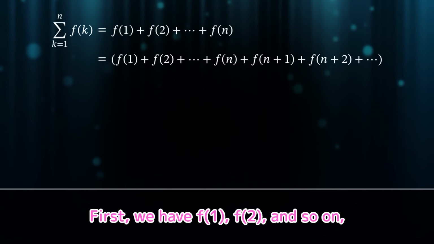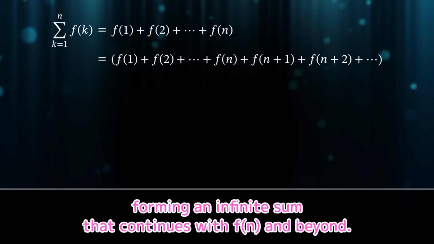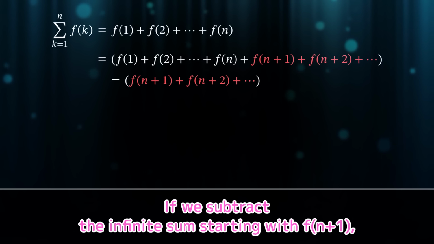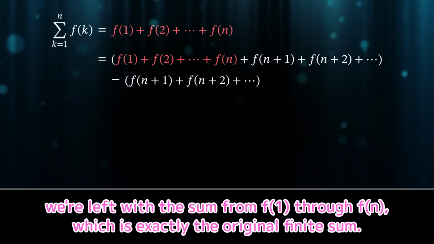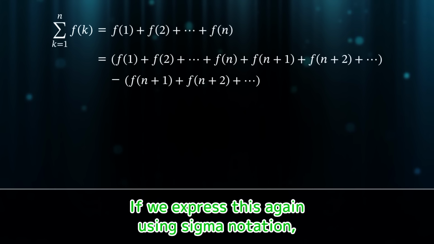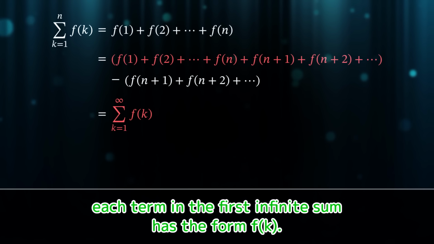f of 2 and so on, forming an infinite sum that continues with f of n and beyond. If we subtract the infinite sum starting with f of n plus 1, we are left with the sum from f of 1 through f of n, which is exactly the original finite sum. Oh, I see. If we express this again using sigma notation,